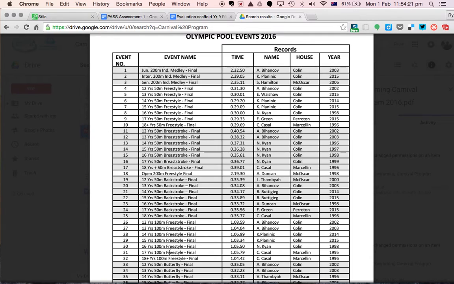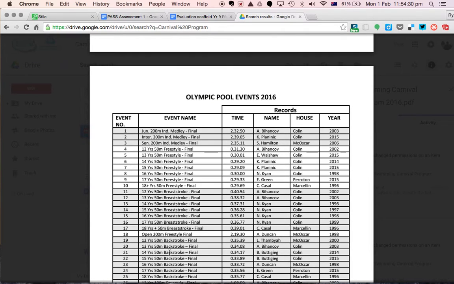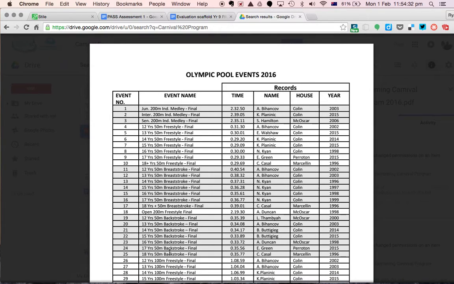Your Splash Carnival event is a little bit different. It's not quite as competitive, and you're going to have a lot of swimmers or participants that may not be able to swim very well. So you need to factor that into your program, include plenty of fun stuff to try and keep people involved. And at the end of the day, you want to get as many people, as many students in the water as possible, because you want to